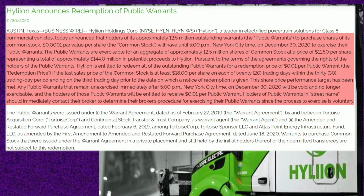The public warrants are exercisable for an aggregate of approximately 12.5 million shares of common stock at a price of $11.50 per share, representing a total of approximately 144 million in potential proceeds to HYLIION. So what they are saying is that if you want to exercise your warrants, you will have to pay $11.50 per share, and the company HYLIION will get approximately 144 million in potential proceeds from the sales of warrants. Pursuant to the terms of the agreements governing the rights of the holders of the public warrants,